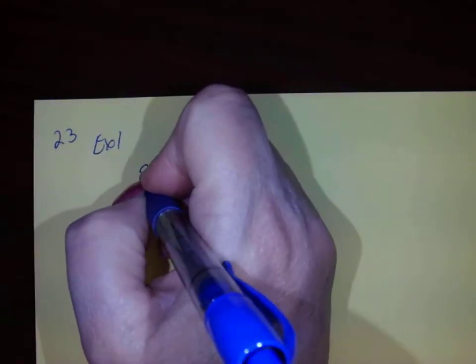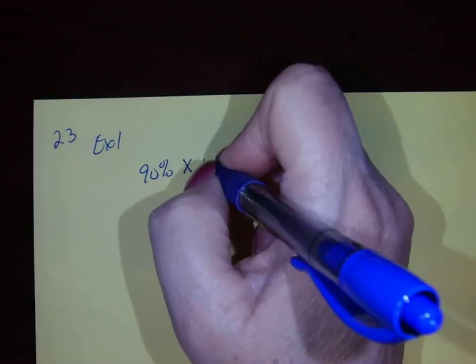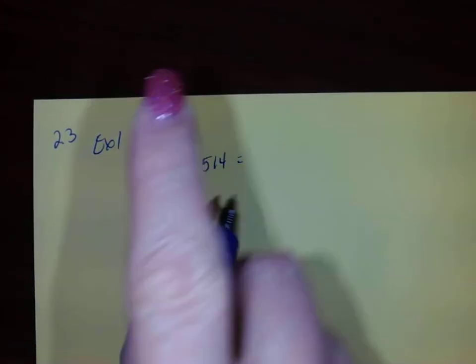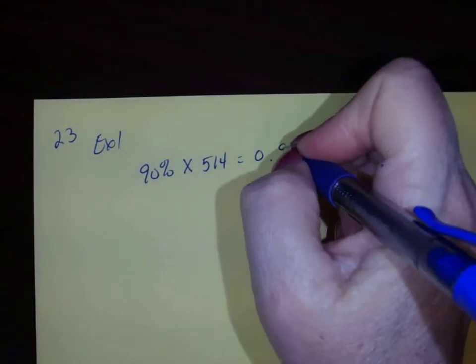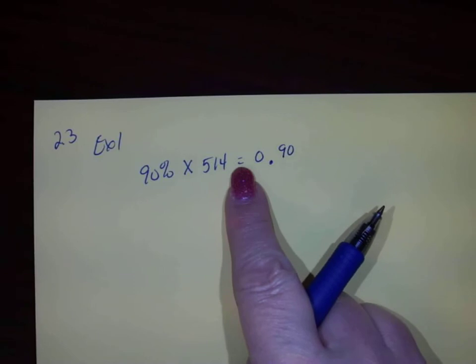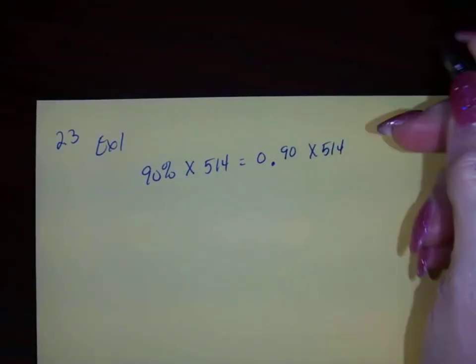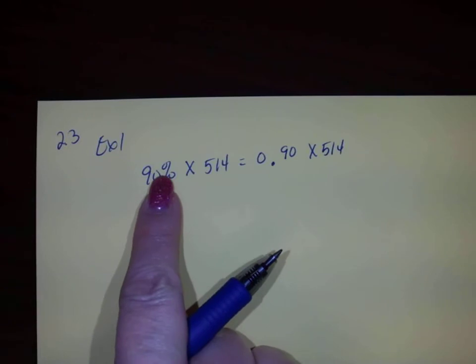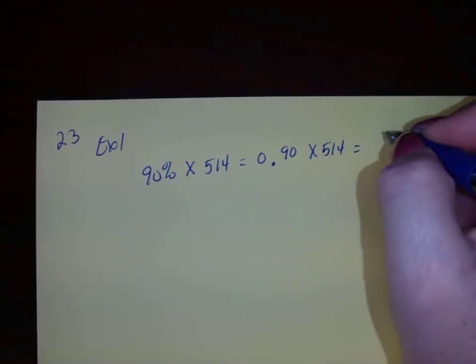So if we're looking at 90% of 514, that means we're going to multiply times 514, but we've got to change this first. So this will become 0.9. We can put the second zero there or not. I don't care if you put a 0 in front of the decimal place, times 514. So we don't multiply with the percentage sign. We've got to change it to a decimal. And that'll get us